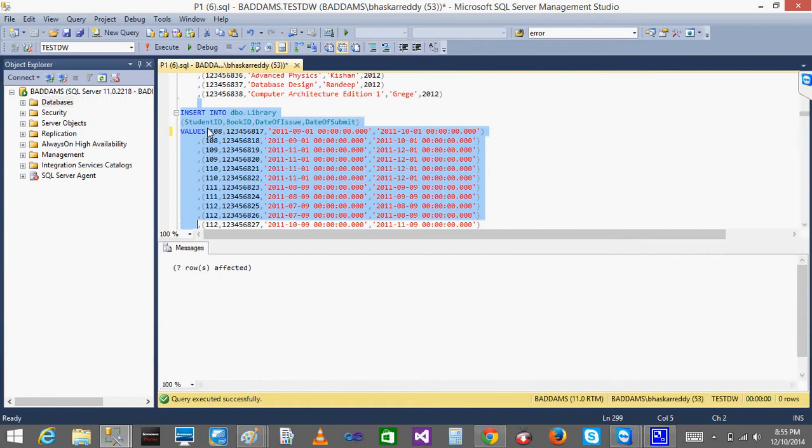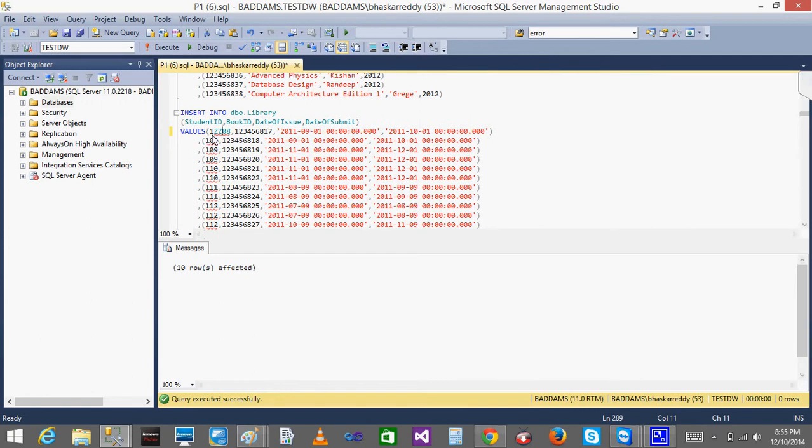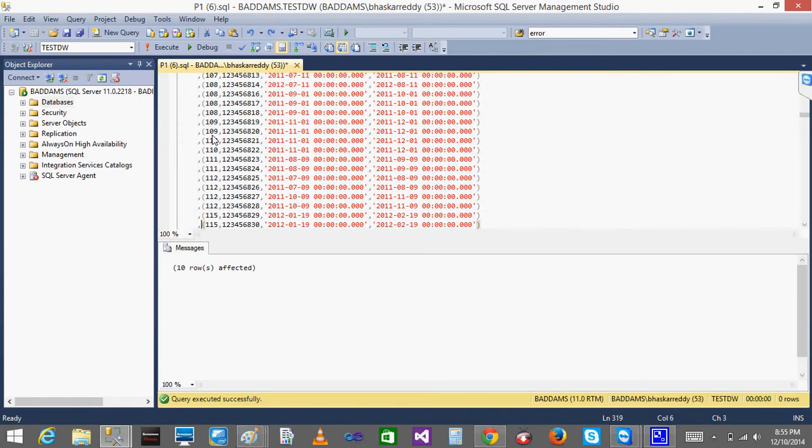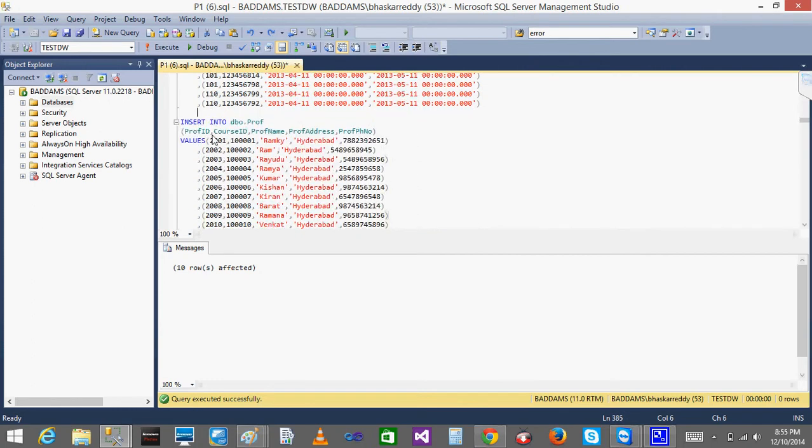Somewhere it might be because with a primary key, when you are inserting multiple records, if any one of the records has an issue, all records will not be inserted. Ten records. Let's assume up to here only I'll be giving. Okay, let's say 19 records is fine. There's some issue with the keys only. You can check it if you want, because there are many records, so I don't want to take it. It will take some time.